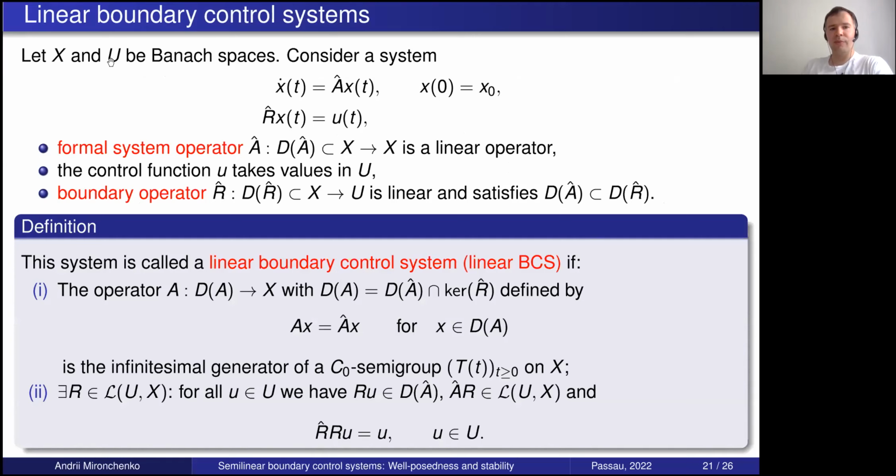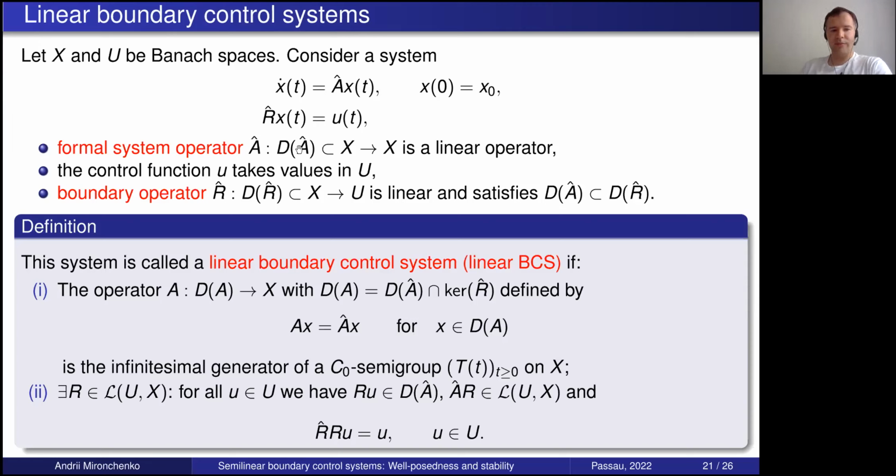So let X, U be Banach spaces, and we consider such a system: x dot equals A hat x, and we have here this equation. This guy is often called the formal system operator, and it is a linear operator first. And this is called the boundary operator. It is linear and it is defined on a domain which is larger than the domain of this guy. And we call this